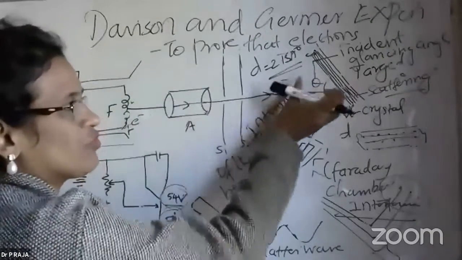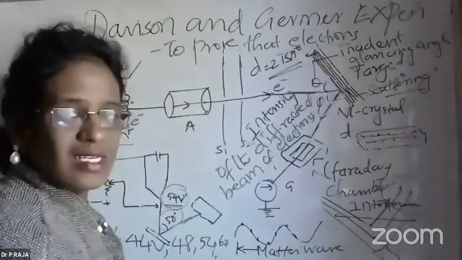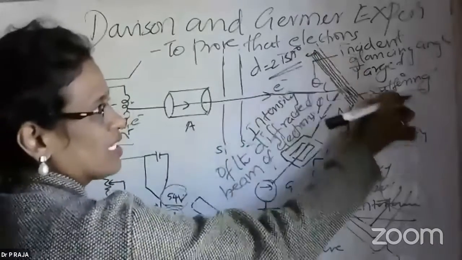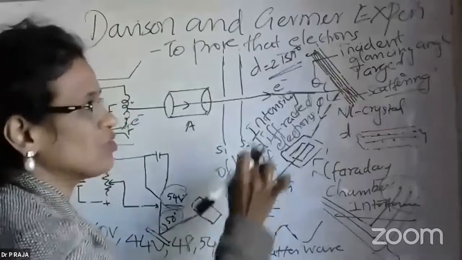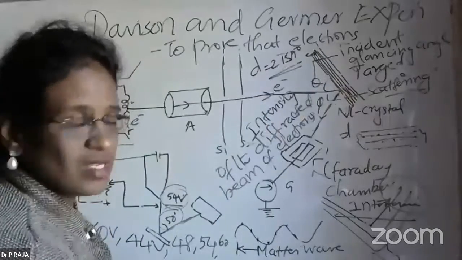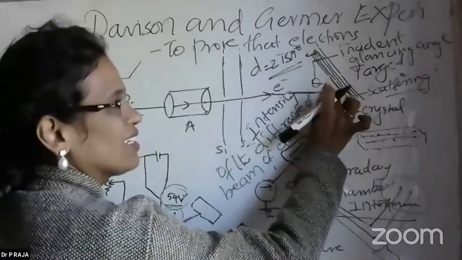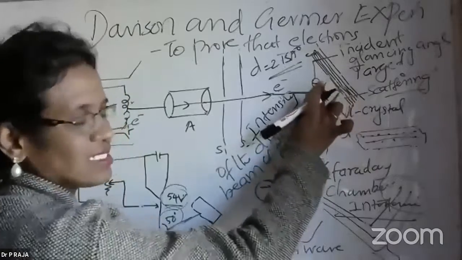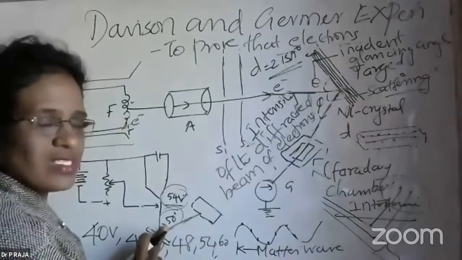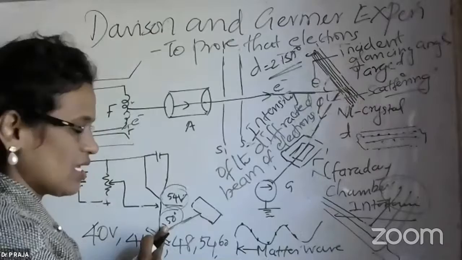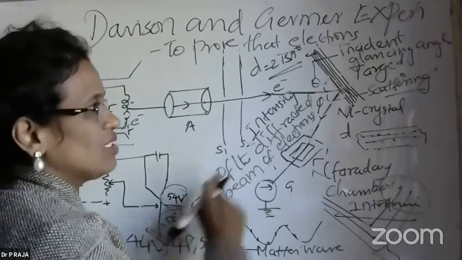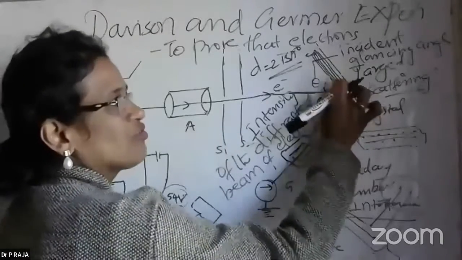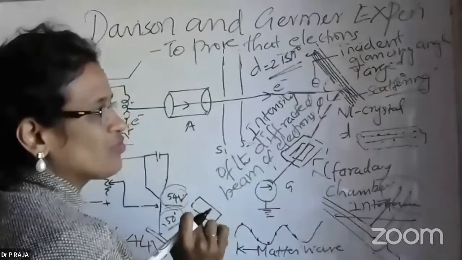When the beam of electrons hit the target material of nickel, having a particular d spacing of 2.15 angstrom, at a particular angle of incidence, theta, with different trials and errors they found that at a glancing angle of theta equal to 50 degrees,